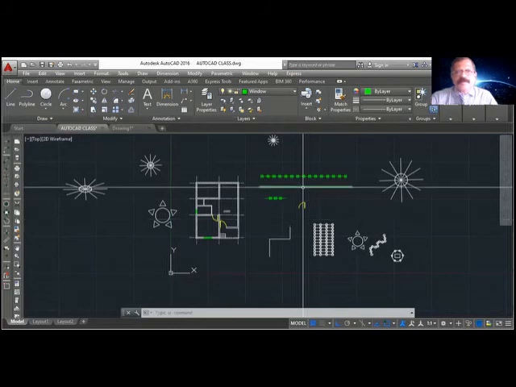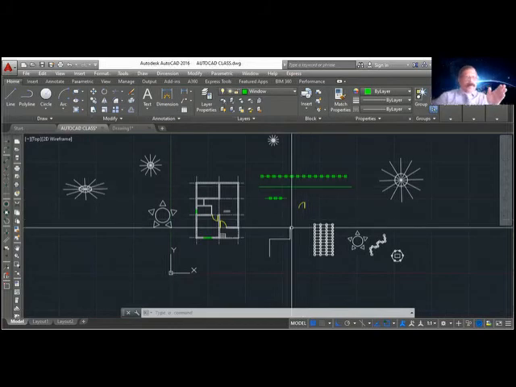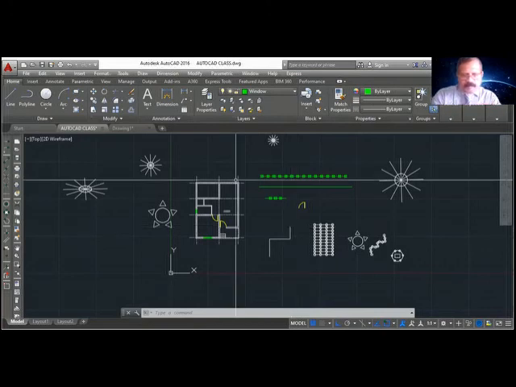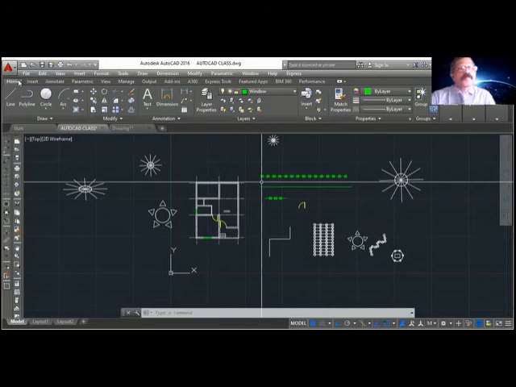Match properties means only limited things. You can copy the property of one object to another one. But the properties command is a new command, a very, very useful command. So let me see properties.